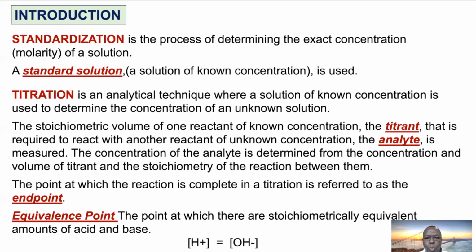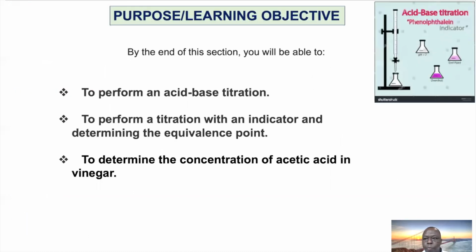So chemists do what we call standardization. That is a process by which the exact concentration, exact molarity (concentration and molarity are often interchanged), is determined to make sure that we know it before we use it as our titrant. So before we fill the burette with our NaOH, we need to standardize it by using what we call a primary standard. In this case, KHP, potassium hydrogen phthalate, which in part A of today's experiment, we will use to standardize the titrant,